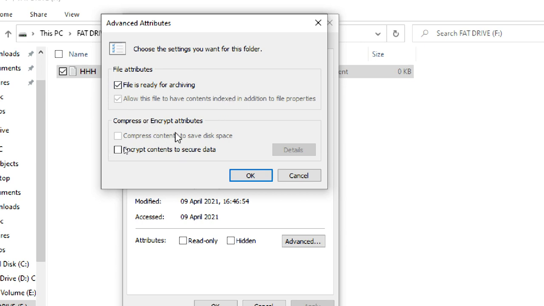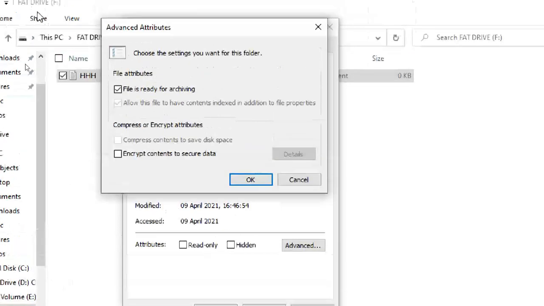Compress is also disabled. Of course, the traditional FAT file system won't support encryption, but it is supporting it in Windows 10. I am seeing this only in Windows 10. Okay, the encryption part. Normally most of my practicals are not on Windows 10, but a general base. Okay, so indexing and compression are disabled.